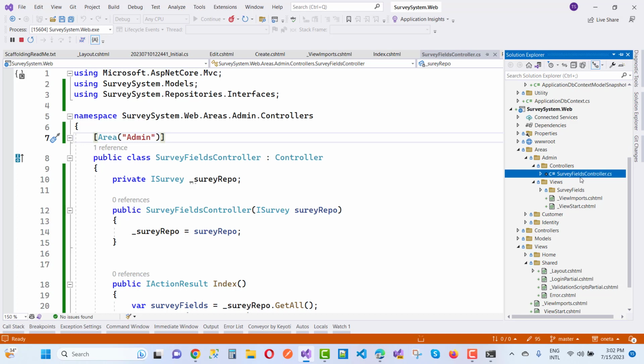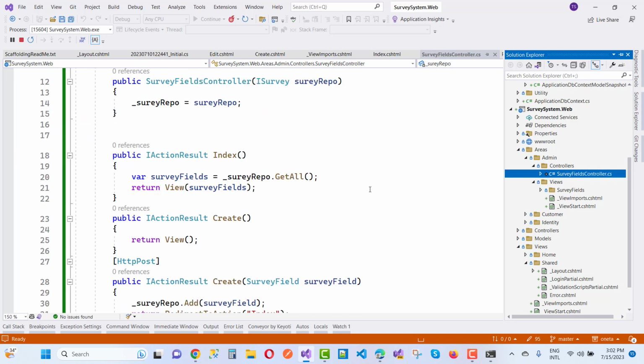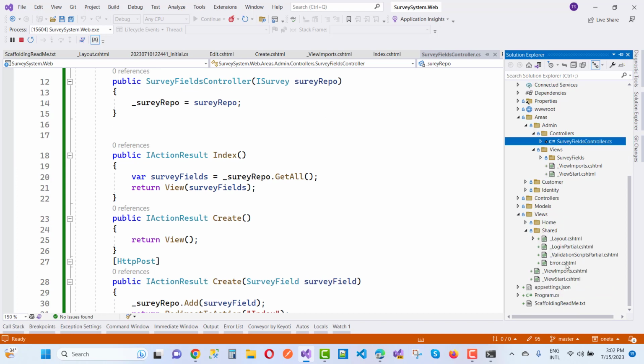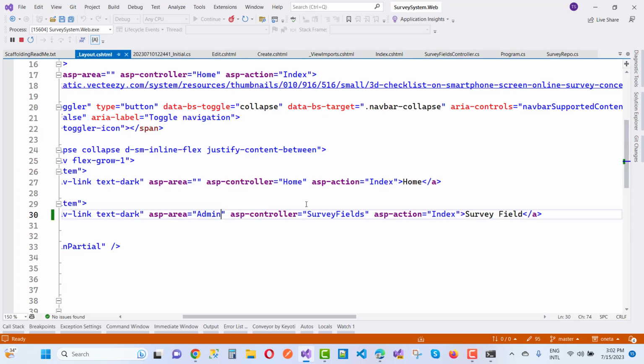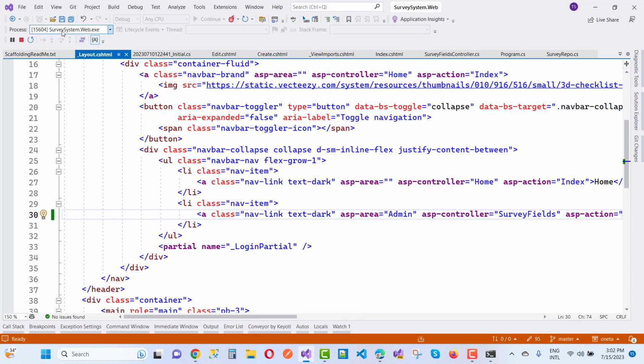Okay, survey field, so the controller name is survey fields, and index is the action method name. So layout, asp-area survey, controller name is survey fields, and asp-action is index. Survey field, everything is fine. Now save this, and you will see